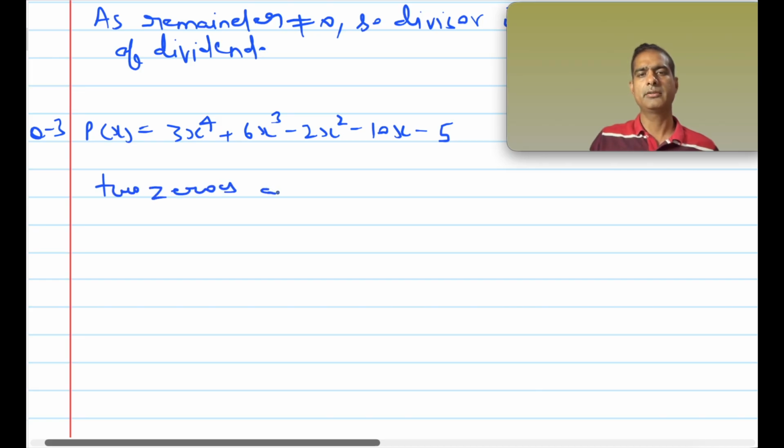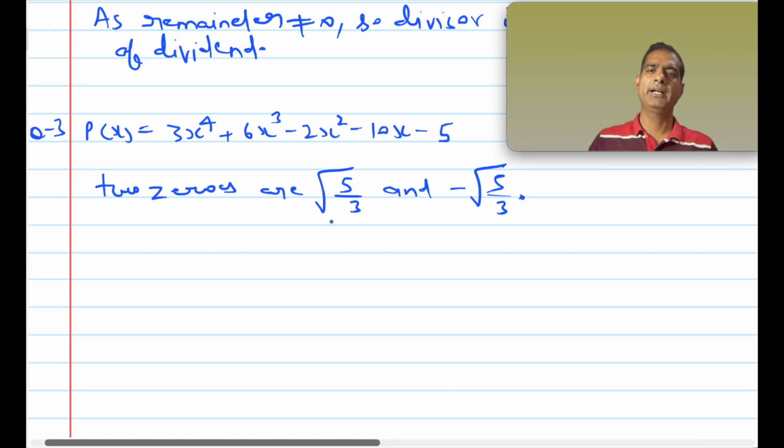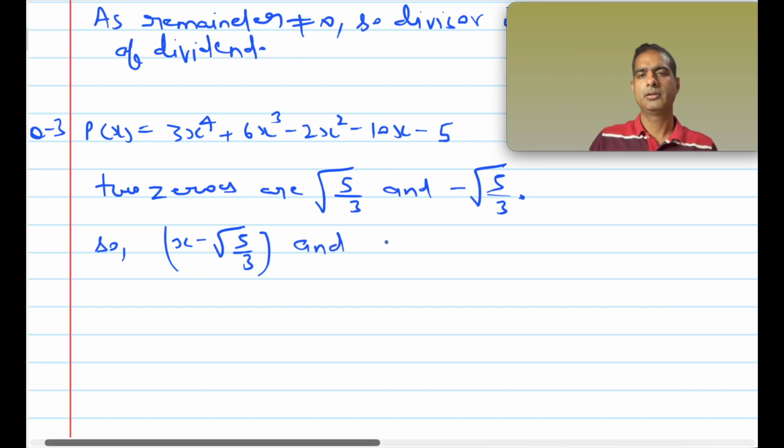Two zeros are root 5 by 3 and minus root 5 by 3. So root 5 by 3 and minus root 5 by 3 are its zeros. So I can write that x minus root 5 by 3 and x plus root 5 by 3